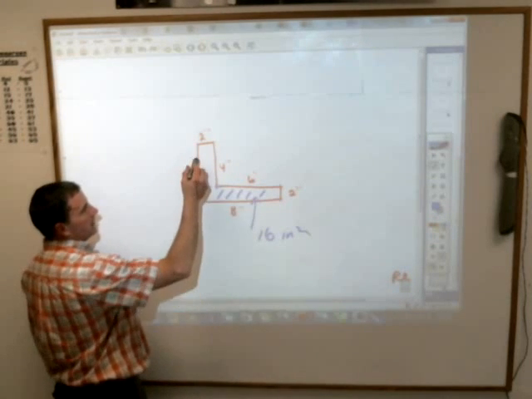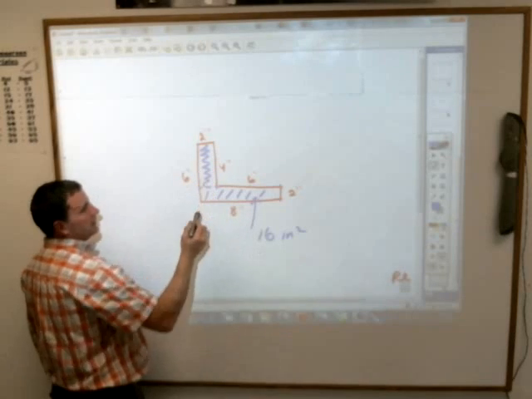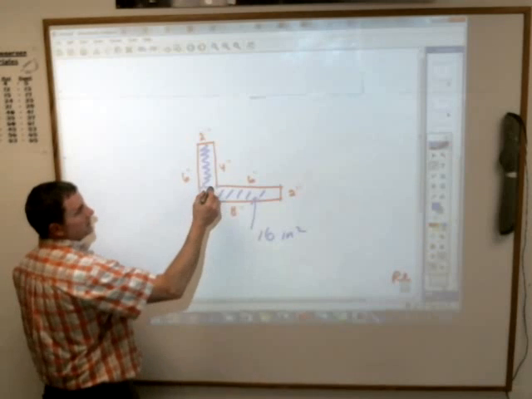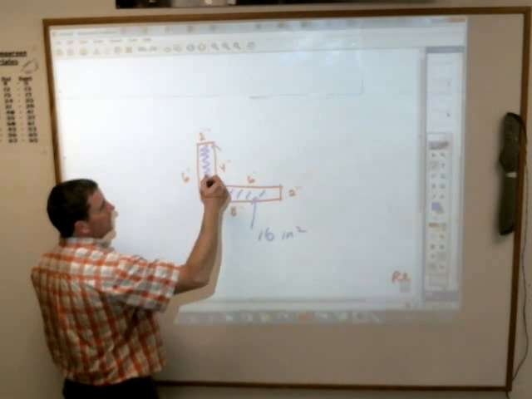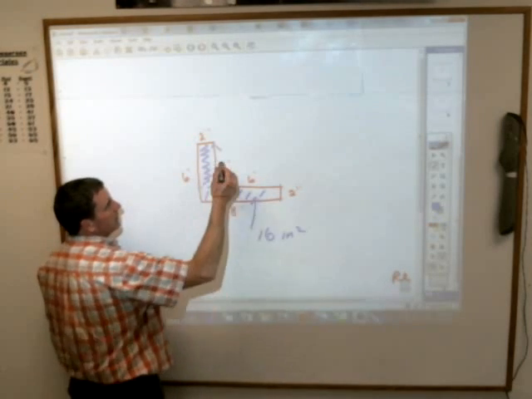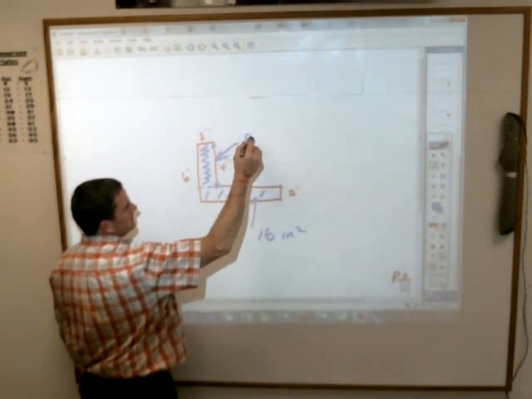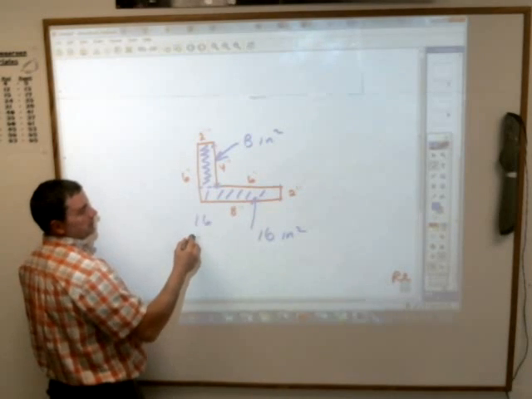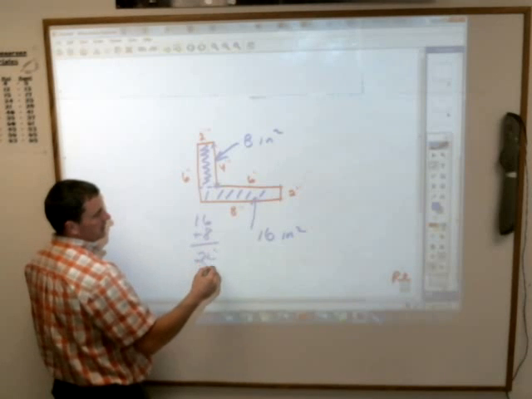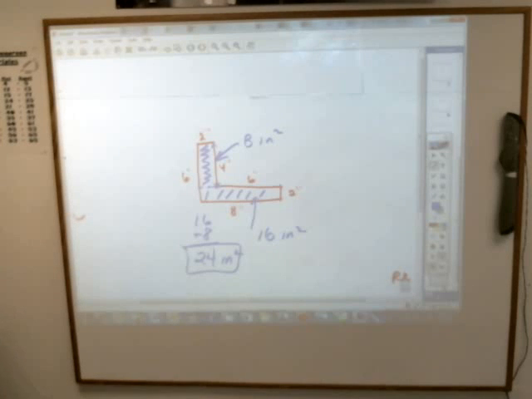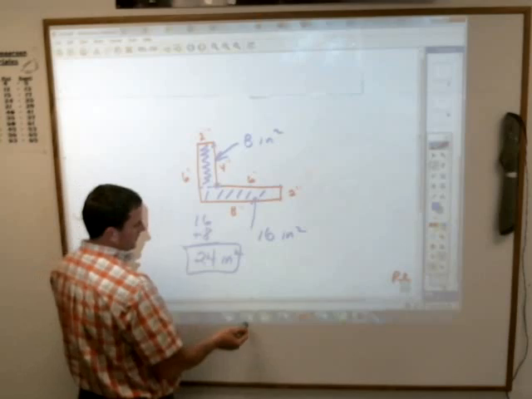Then you've got this one here, and again, you have to be careful with this because you've got a 6 here and a 4 there. This rectangle here stops right here, so you have to use the 2 and the 4. You can't use the 6 because the 6 goes all the way down. The area of that one is 8 inches squared. Putting both of them together, 16 plus 8, you should have gotten 24 inches squared. How many people got that right? If you didn't get it right, you